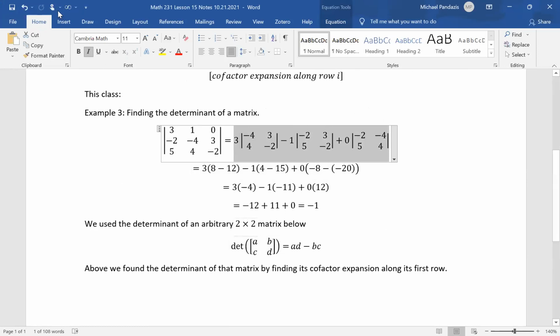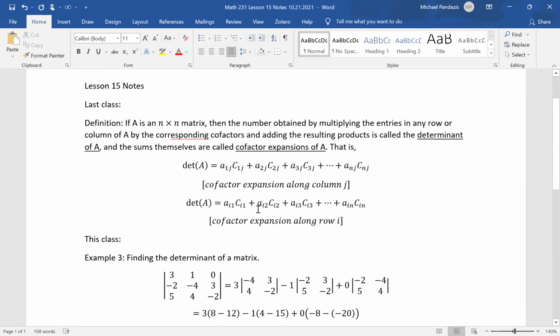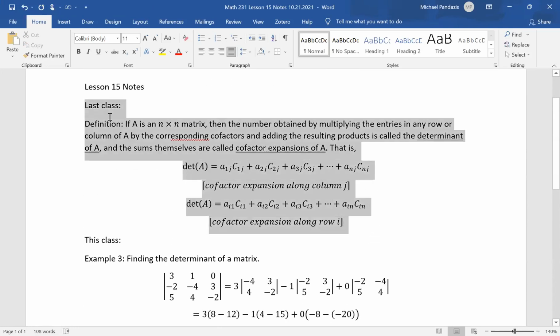I have a quick question. Sure. So did you choose the first row for any particular reason because it says so, or is it any row could be chosen? So two things I'll say. First, any row or column could be chosen, right? Okay. This definition here, it says that